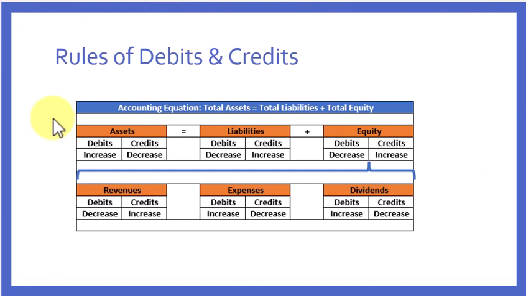Now, I do want to stop here and clarify one point because there is one common point of confusion that always arises. Let's go back to assets, okay? We decided that a debit increases and a credit decreases, okay? And this is going to be true for all asset accounts, including cash, okay? Now, you might be thinking, wait a minute, this is different from how it works on my bank statement. Right, you are. It's because your bank statement is from the perspective of the bank, and from their perspective,